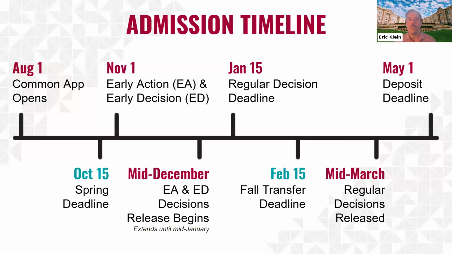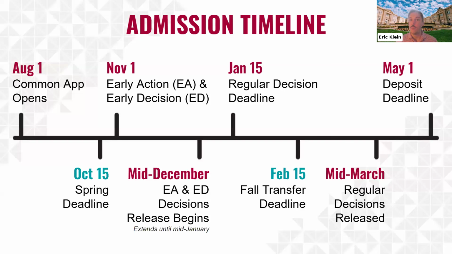And then the decision will come to figure out when you want to utilize one of our notification plans. So we do have our early action, early decision notification plan, and that deadline is November 1st. Students who are applying EA or ED typically are receiving their decision about mid-December or so. There's a few caveats that I'll be sure to discuss on a future slide. Some of our talent programs have a little bit of a different timeline if you're applying early, but I'll be sure to speak to that nuance.